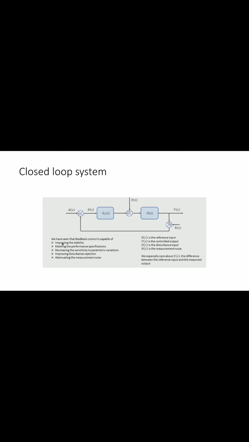So what will this controller basically do? This controller will basically try to eliminate the error signal. If the error is not completely eliminated, then it will try to minimize the error. Once this error signal is given as an input to the controller, it will generate an actuating signal which is given to the plant. In this case, the plant is represented by G of S. So the idea here is we are using a controller and we are trying to eliminate the error, if any, between the actual output and the desired output. So that is what we are supposed to do.